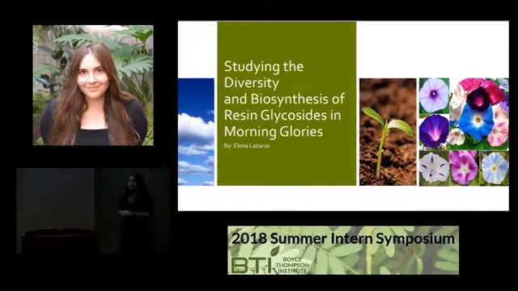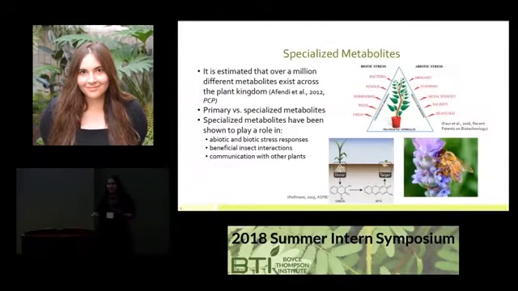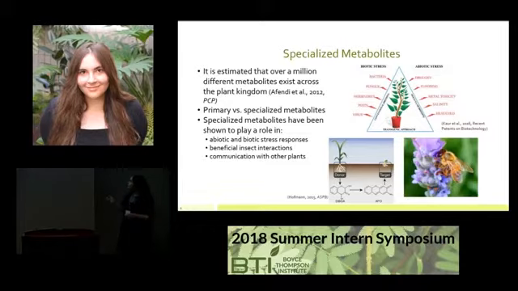It's estimated that there are over 1 million plant metabolites. These include both primary and specialized. The difference between the two is that primary metabolites are involved in the development, growth, and reproduction of plants, while specialized metabolites seem to have more of a function given the environmental conditions for evolutionary advantages. Some examples of functions of specialized metabolites are abiotic and biotic stress responses, beneficial insect interactions, and communication between other